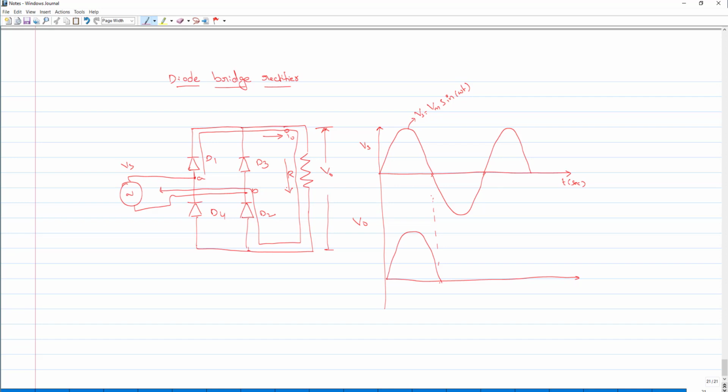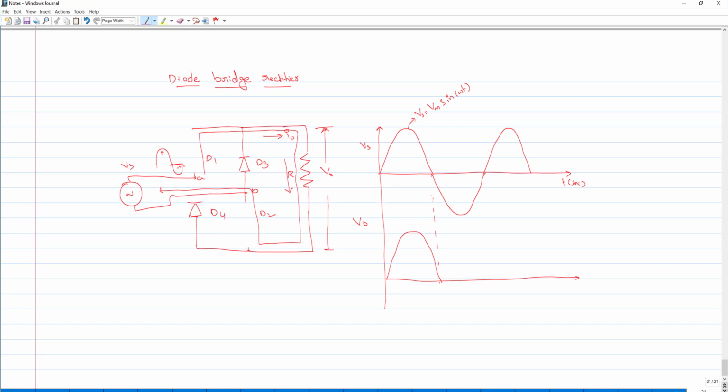Okay, now this is this kind of wave. So this is positive and hence this is positive, and it is happening something like this. Now this wave is coming into picture. This is negative waveform. So when the negative waveform is there, obviously this diode will not conduct. So this diode will be out of the picture, and this diode will also be out of the picture.